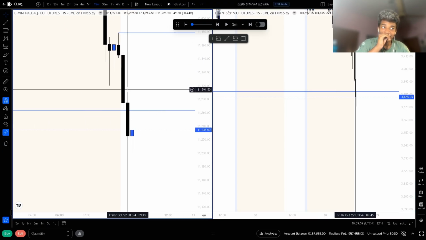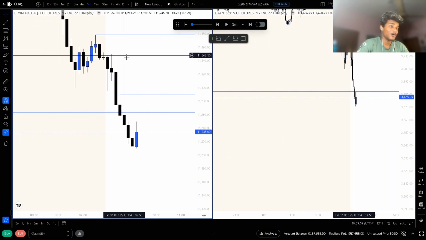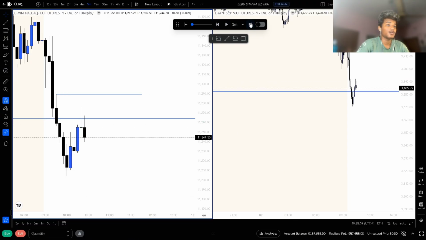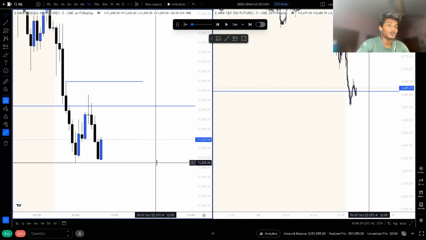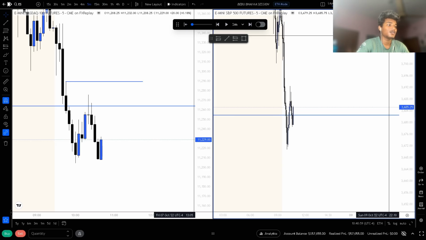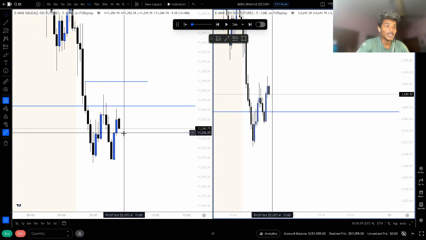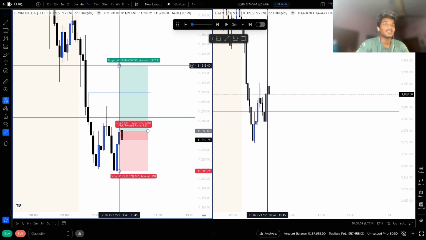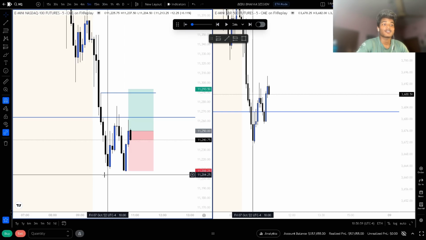But there's a 15 minute gap in between us, so I want the market to mitigate into this gap to actually take any longs. So we don't have any SMT, and the market is just also chopping at this point of time. Is this a nice long? I don't think so, because the market has not swept out this low as well.